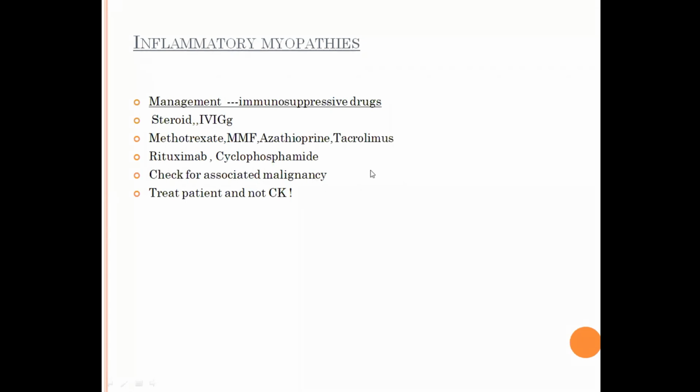In clinical practice, people keep doing creatine kinase during follow-up, like some people do anti-epileptic drug assay for epilepsy. We treat a patient on the seizure frequency, not whether anti-epileptic drug levels are higher or lower. Similarly, treat the patient. If the patient has improved in motor function, don't bother about the elevated CK. That is very important because you don't have to hike up the dosage of immunosuppressive drug just because the CK is elevated.